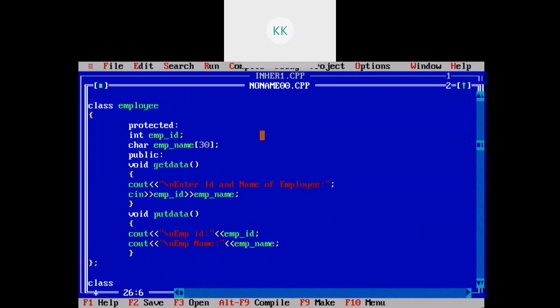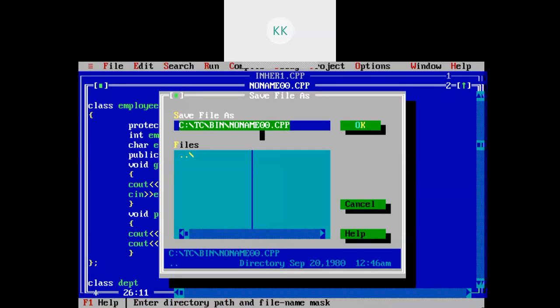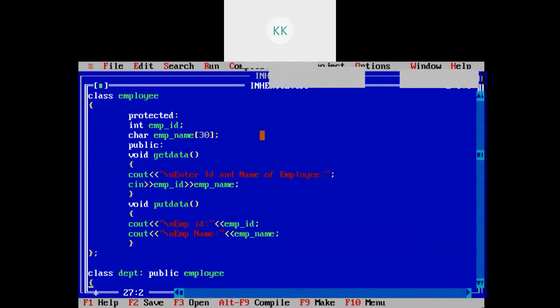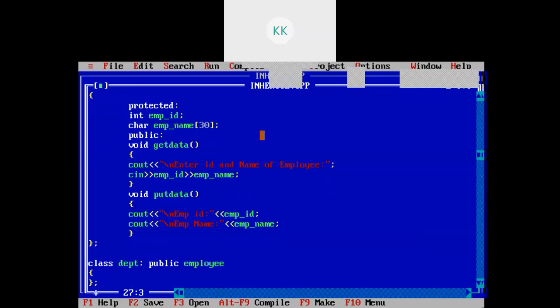Now I will write another class. The class name is department, which will inherit the class employee. I will be using public as a visibility mode. Now here you want some fields such as basic salary.